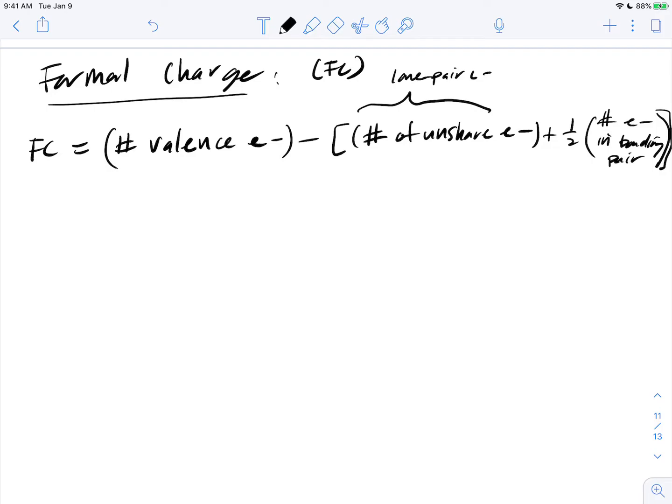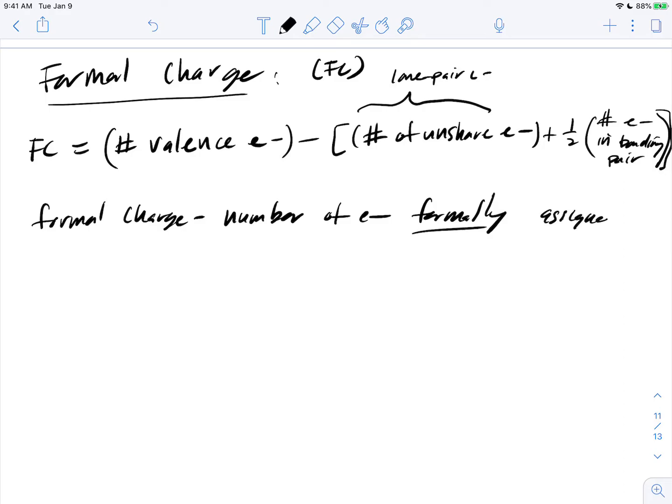If we want to define what formal charge is, it's the number of electrons formally assigned to an atom in a molecular structure. Now, the reason we do that is we already have learned that there are some atoms that are